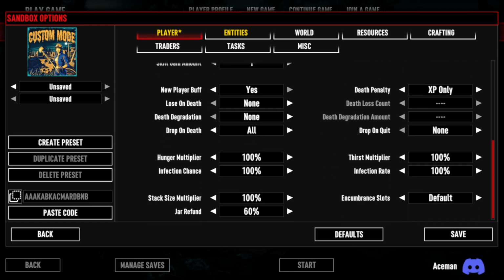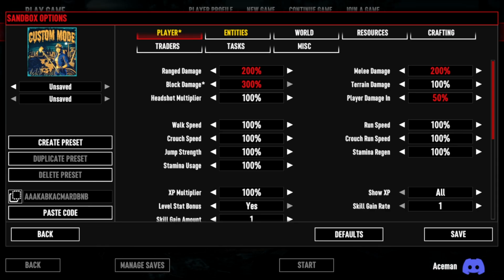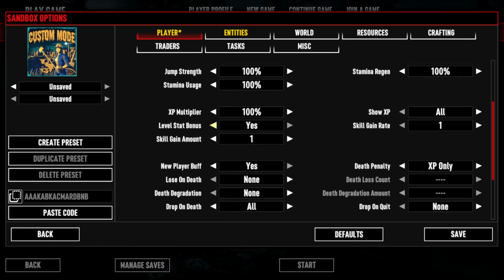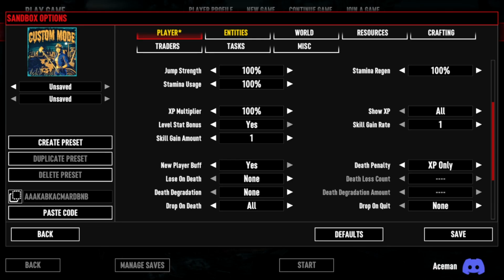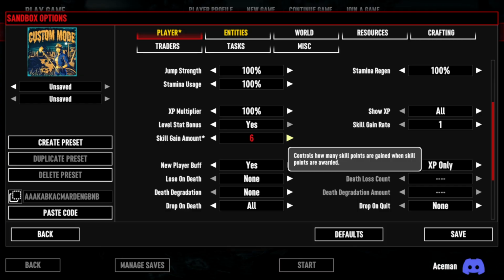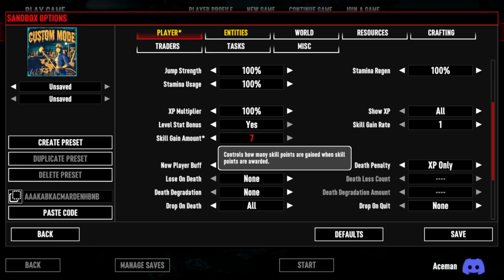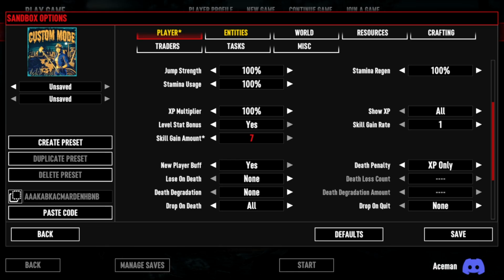right? So we're not going to go over all the settings because most of them are self-explanatory. A few ones we want to go over is skill gain. This is how many, when you go up a level, if you want to gain a skill every level. Okay, and this one is how many skill points you gain for each level. So if you want to gain, I don't know, like 7 skill points per level you go up, you can set that here. Okay,